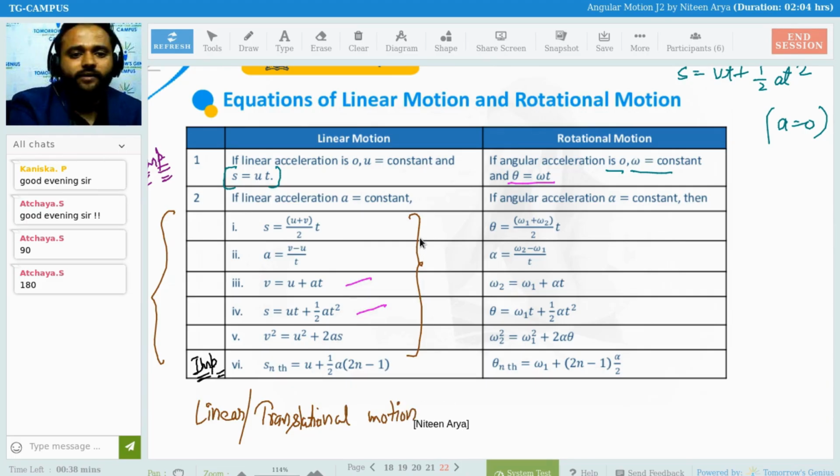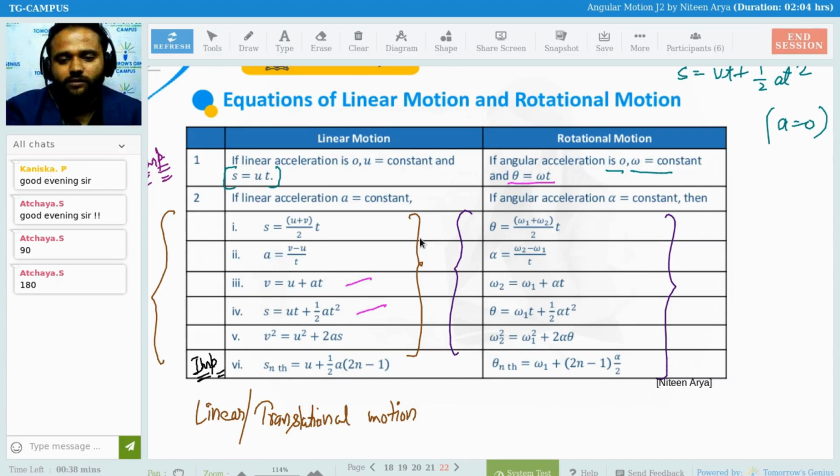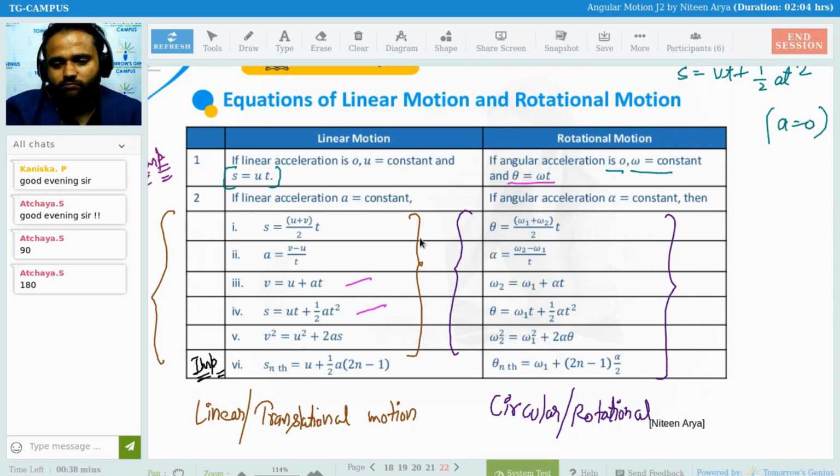And on the right hand side, whatever we are seeing is everything for circular or rotational motion. If angular acceleration is constant, then theta equals omega 1 plus